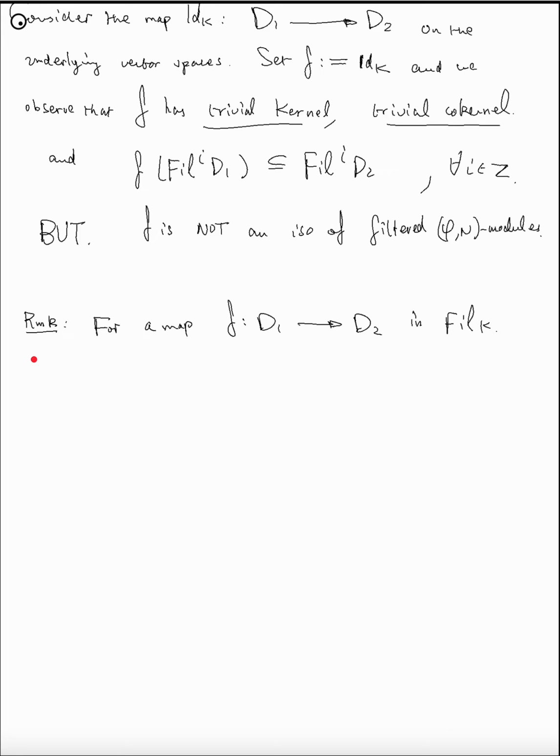Fil K is defined as the category of finite dimensional K vector spaces